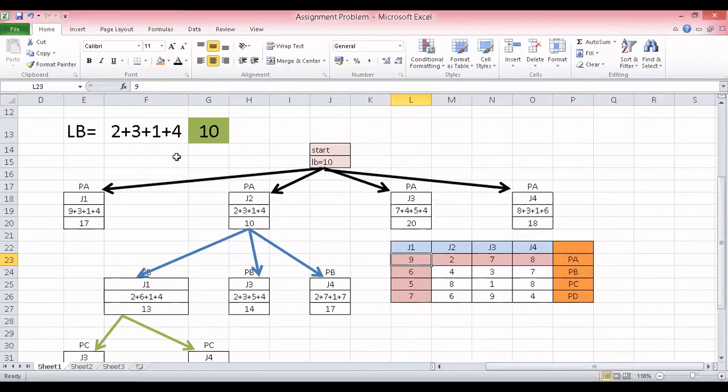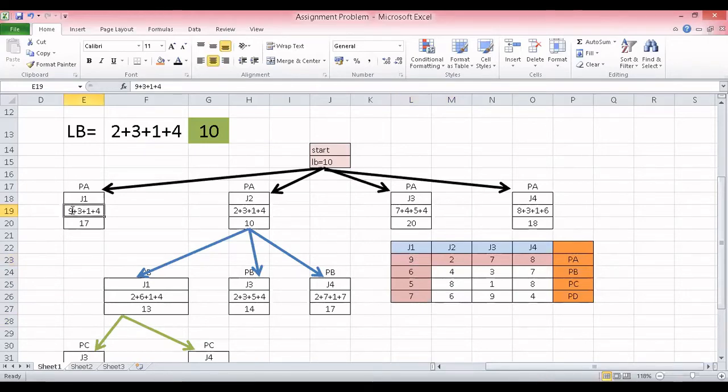Observe carefully. When job 1 is assigned, I am repeating many times so that students should understand carefully. The next level I will be a little bit faster. Now, how did I get the value 17? If I am assigning job 1 to person A, I go to person A in the table. The person A row is highlighted by a color. I am assigning job 1 to person A, so I am highlighting job 1 with a color. The intersecting row and column has 9.